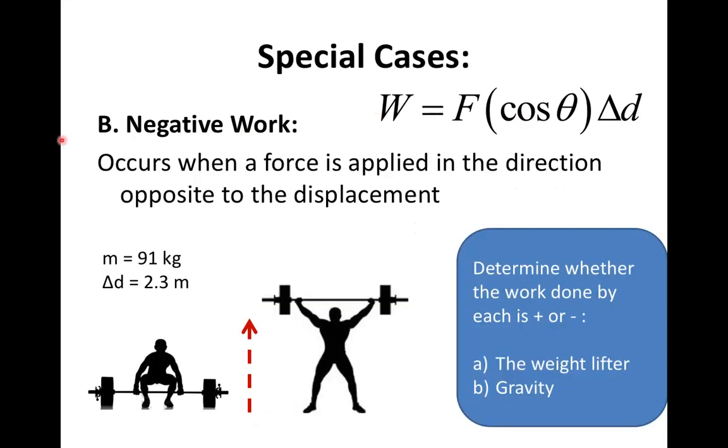We can also have negative work. So that's another kind of special case. When the force is applied in the direction opposite to the displacement, so when the force, or a component of the force, is opposite to the displacement. So cosine theta, once we're bigger than 90 degrees, up to 180 degrees or between 90 and 270 degrees, the cosine theta function will be negative. So if we take a look at this weightlifter,